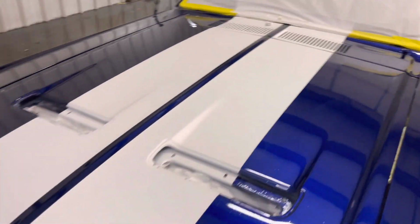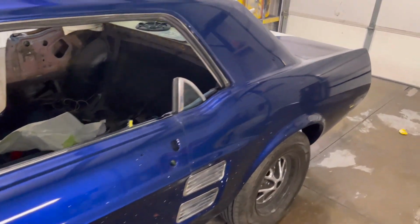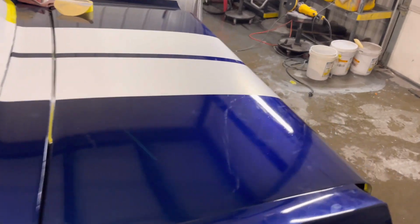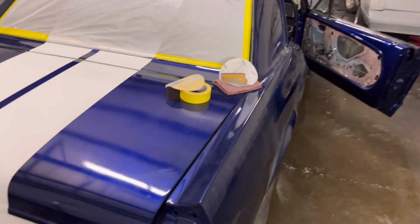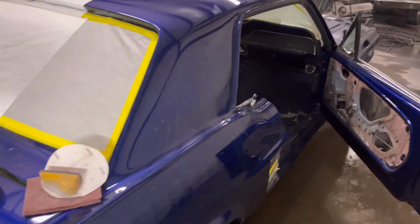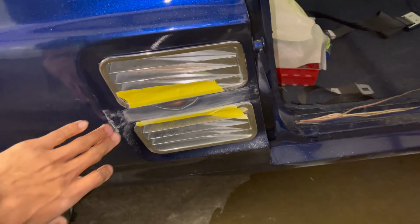So what we'll do is, like I said, we're going to sand this bad boy down, all the way down. That's why I'm not worried about it getting dirty or anything like that. It's scratched up. I hit it with 3 coats of clear, so we got enough room to work with. So what we'll do, like I said, hit it with some 600 all the way around. And then we've feather edged our